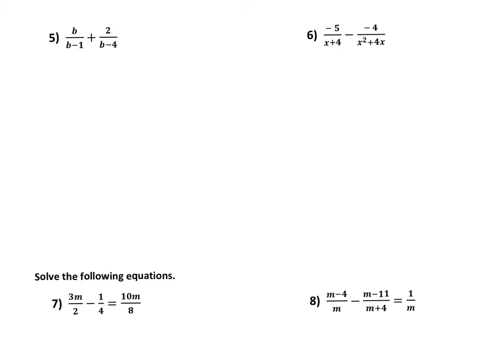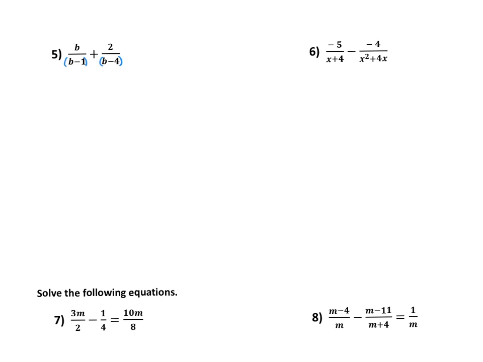In number 5, we are adding. When we add fractions, we need to get a common denominator. So in this case, my two denominators, one of them is b minus 1 and one of them is b minus 4. And so what I'm going to do in this case is, since those denominators do not have anything in common, I'm going to trade denominators. So I'm going to multiply my right fraction by b minus 1, and I'm going to multiply my left fraction by b minus 4 on the top and the bottom. Now I'm going to get a common denominator of b minus 4 times b minus 1